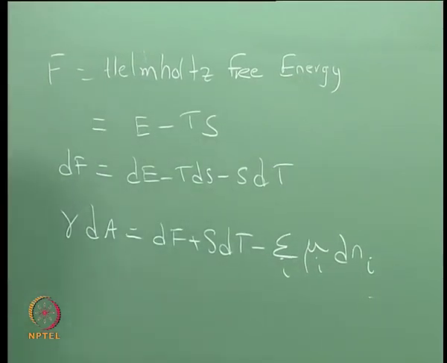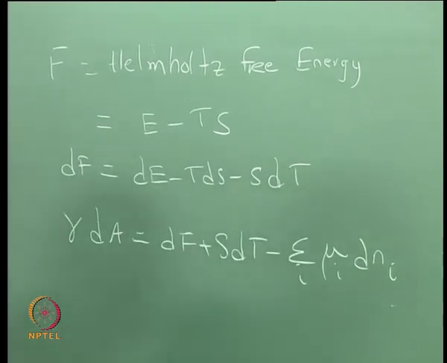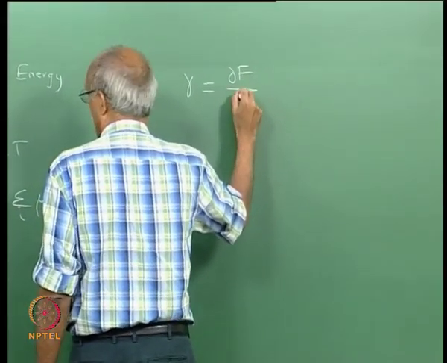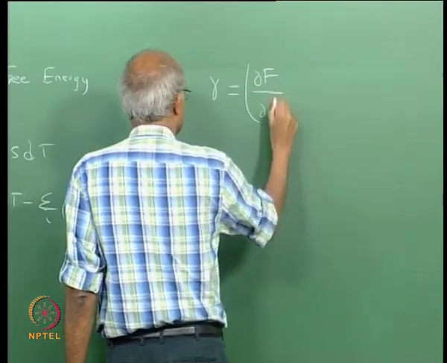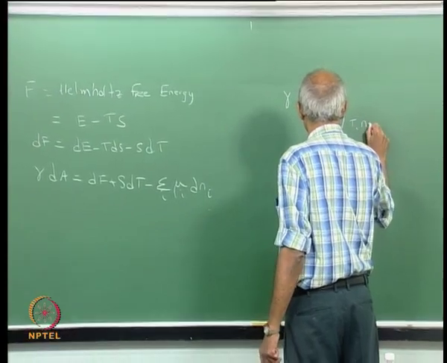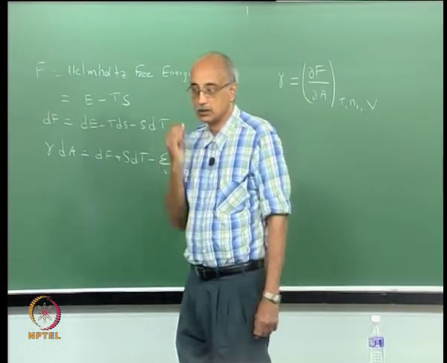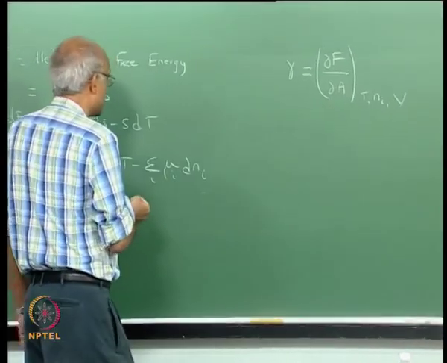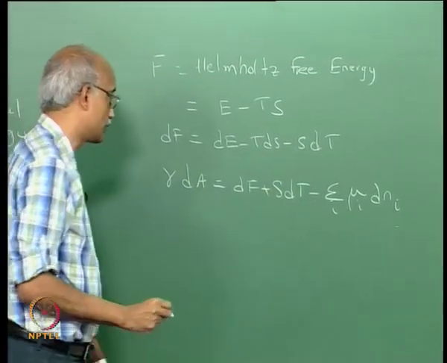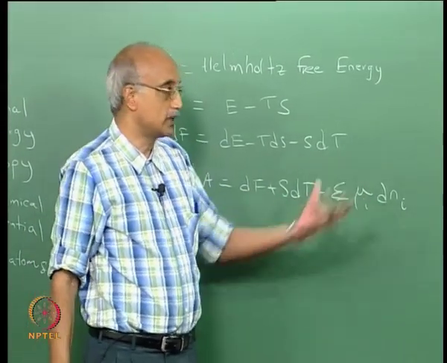From this, the definition of free energy follows. So, gamma is defined as del F over del A at constant T, constant Ni, and constant volume. So, when you keep the temperature constant, the SdT term drops out, and when you keep Ni constant, this term drops out, and the requirement of constant